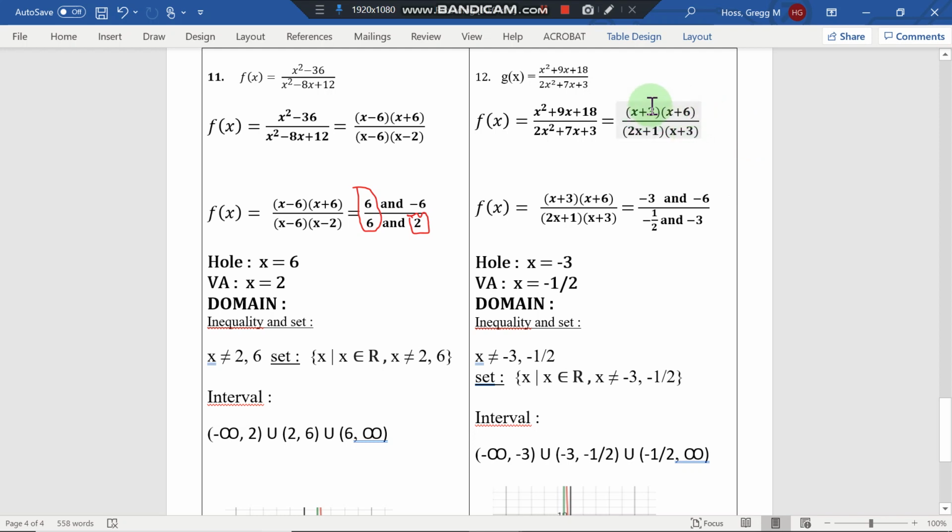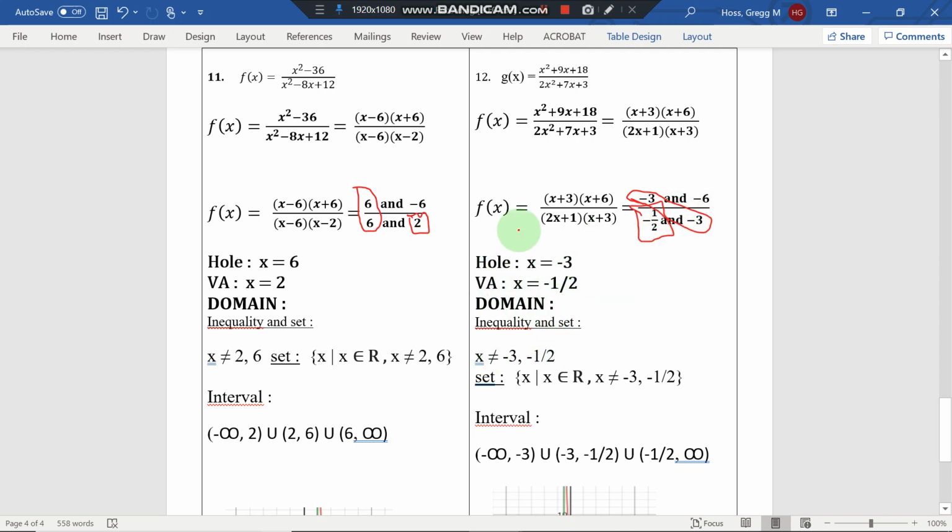All right, solving for the numerator, we get 2 zeros, one at negative 3 and one at negative 6. Solving for the denominator, we get 2 zeros, one at negative 1/2 and one at negative 3. We're going to go ahead and draw a circle around the matching numerator and denominator zeros. That's where our hole will be, at x equals negative 3. And then, like I said, I like to box the remaining zero,